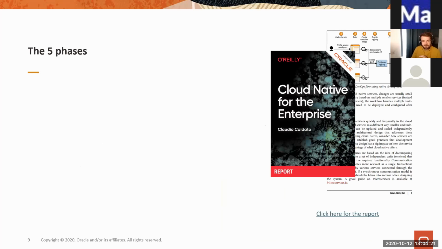There are 10 steps defined by the CNCF, right? We try to put everything together in 5 phases. We call this cloud native for the enterprise, and basically it covers this very specific subject. How are we adopting cloud native in the enterprise? It's great if you start from the beginning, if you don't have an existing application, but how do you start pushing a cloud native approach in an enterprise environment? If you check the report, I have the link on the slide. It's very interesting. In around 20 pages, you can understand what Oracle's approach is when it comes to adopting cloud native. We have basically 5 phases, right?